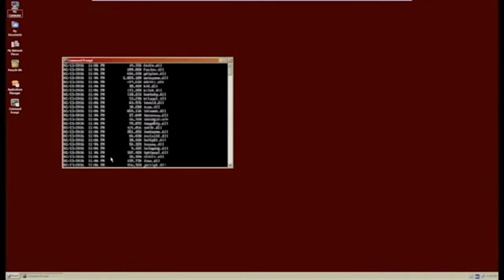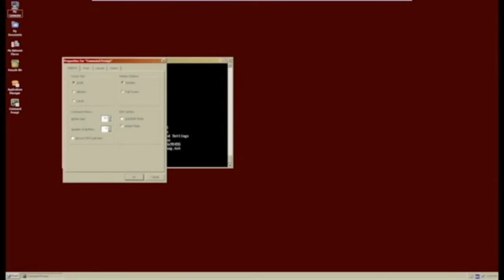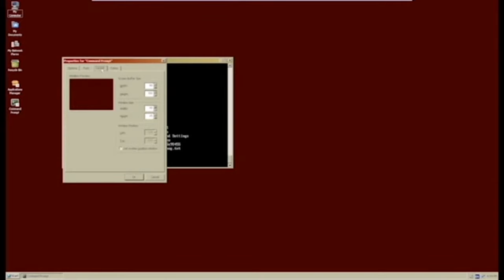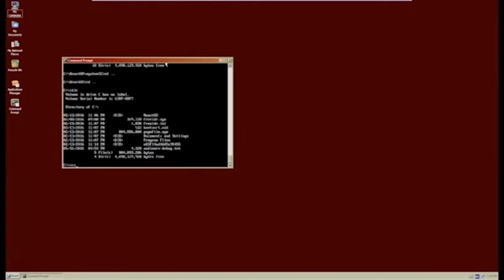CD, actually, let's see, dir. There's a System32 folder. Oh, even the command prompt is legacy. You can't make it full screen, just like you can't on Windows XP and 7. Windows 10 updated the command line interface to be more dynamic, but